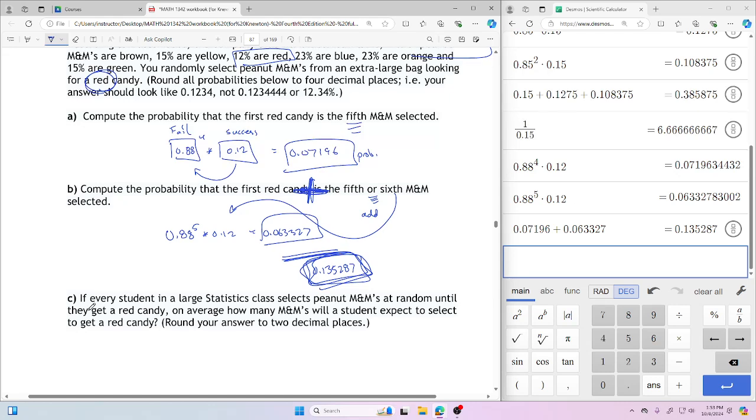If every student in a large statistics class,